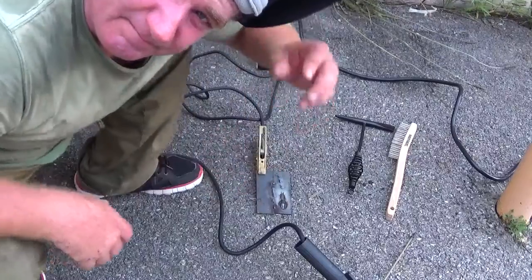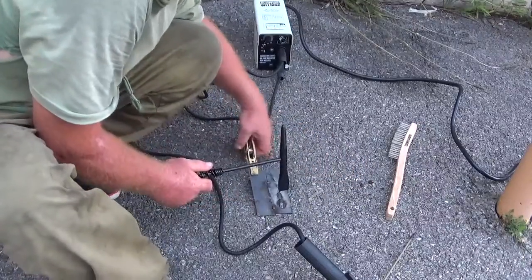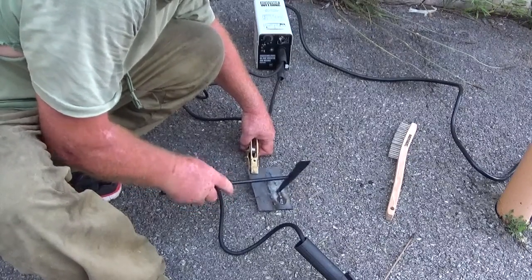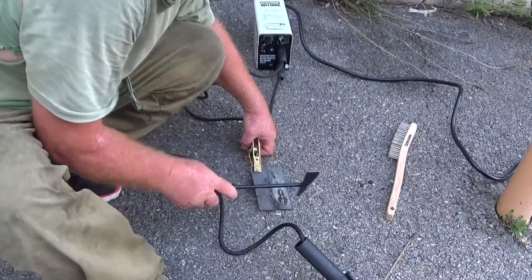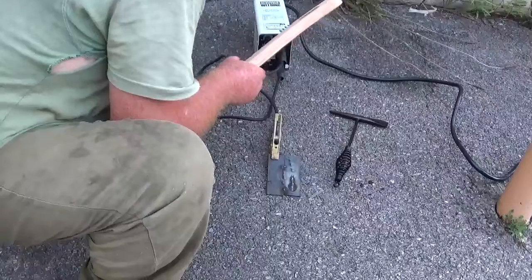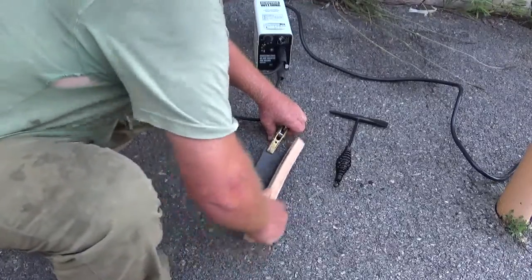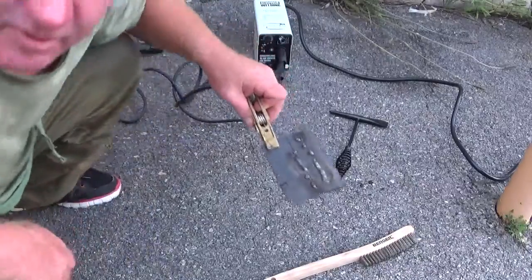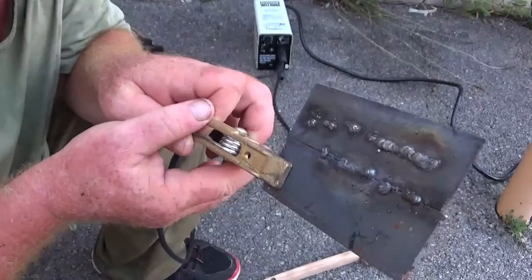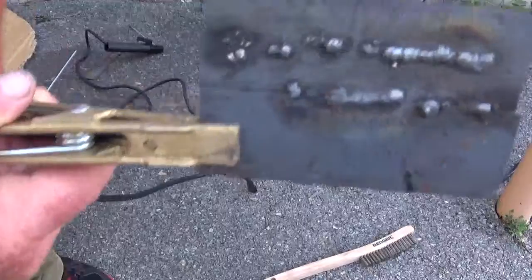Okay, let's take a look at it. And here we are. Check this out. There's a weld, there's a molten metal that I just welded down, and it's not really right. It's not that it's not right. What it is